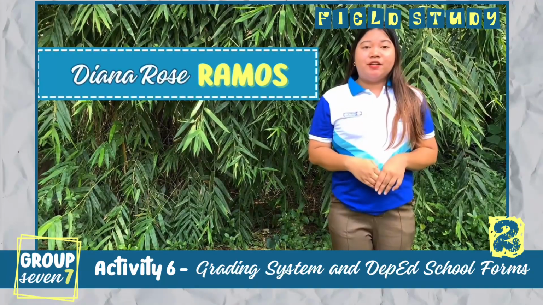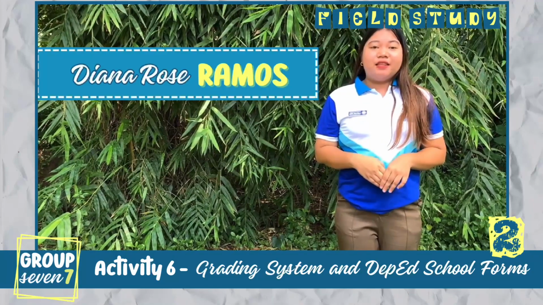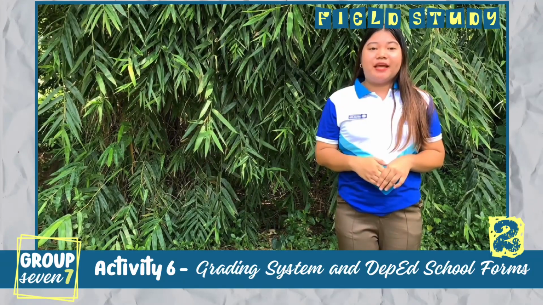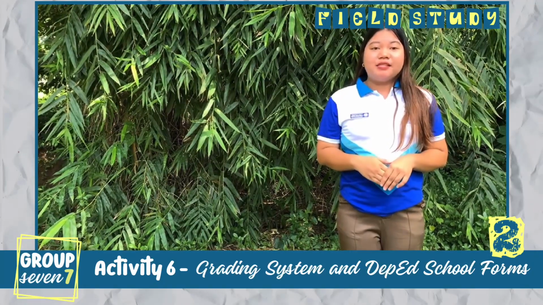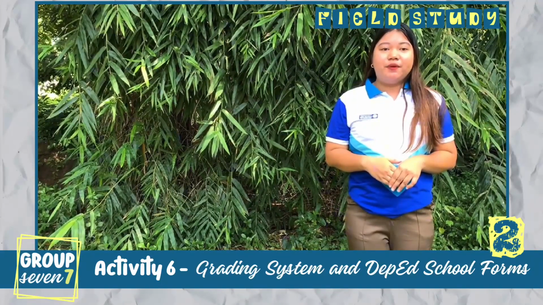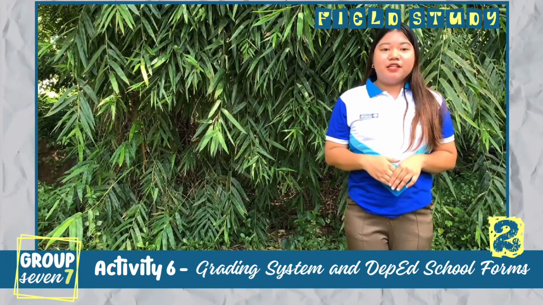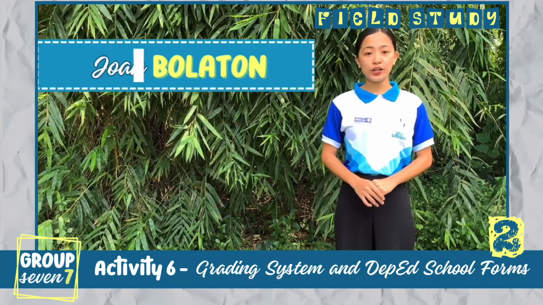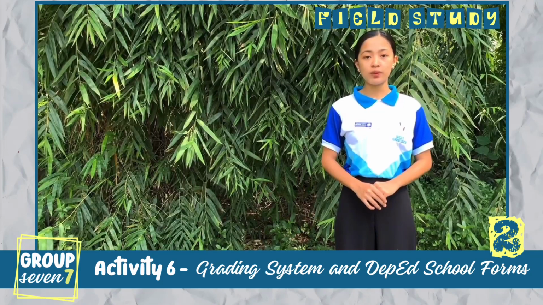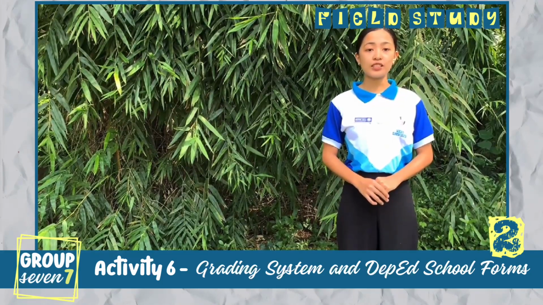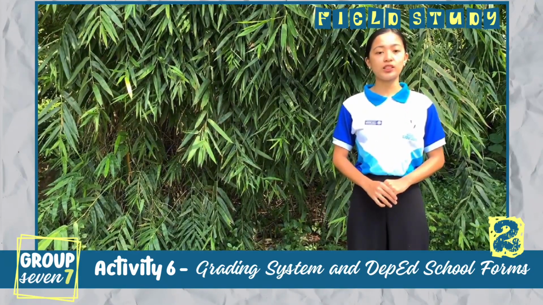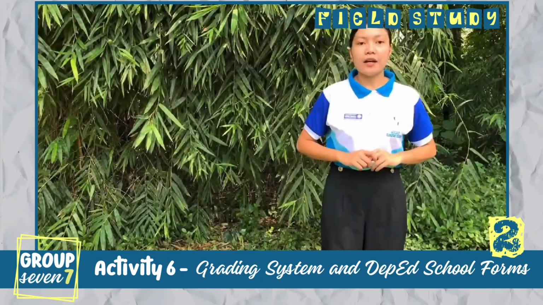Meaning, under DepEd Order Number 8, Series of 2015, effective school year 2015-2016, the Department of Education or DepEd will follow a new competency-based grading system for the K-12 Basic Education Program. Compared to the former grading system, the latest will utilize fewer grading system components and a new transmutation table. Under this order, all the written works, performance tasks, and quarterly assessment scores of students from grade 1 to 12 will be based off their summative assessment results. These three have a specific percentage weight that varies based on the nature of the learning area. The following tables are the weight